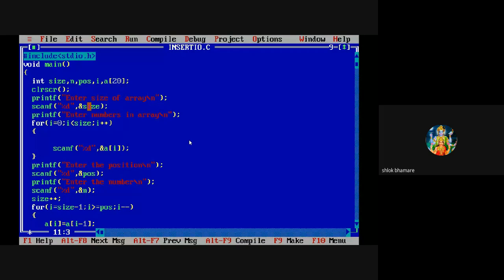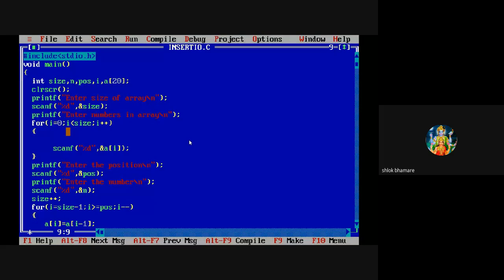Now the size of array is accepted in variable size. Now how many numbers we have to enter in array? Whatever is the size of array, that much numbers you have to enter in the array. Now for i equal to 0, i less than size, i plus plus. Why it is taken less than size? Because our loop is starting from 0.